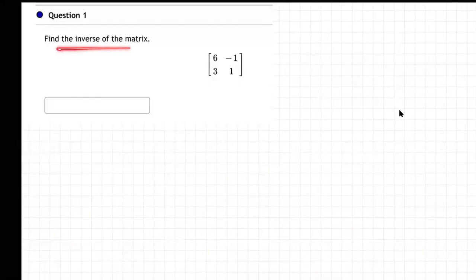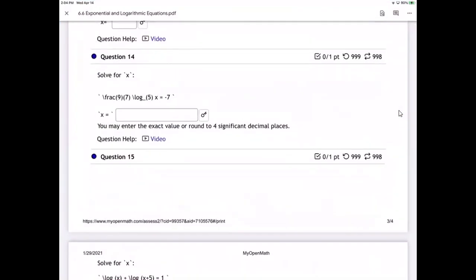Okay, so they're asking us to find the inverse of this matrix. How do we find the inverse of a matrix? Well, I'm going to show you two ways. I'm going to show you by hand, and I'm going to show you by technology. So first off, let me go to the notes